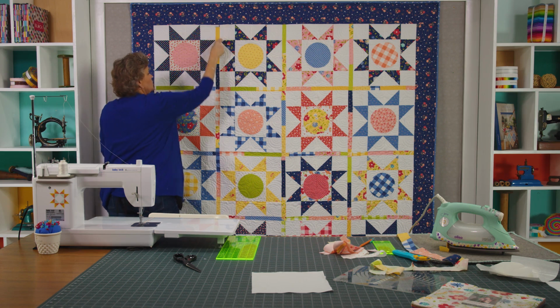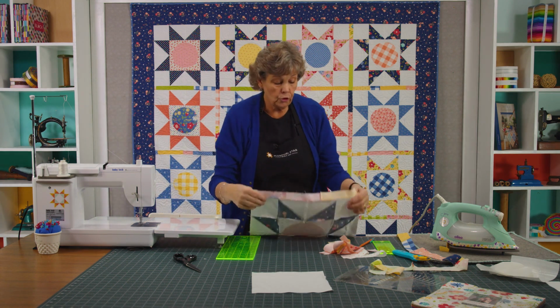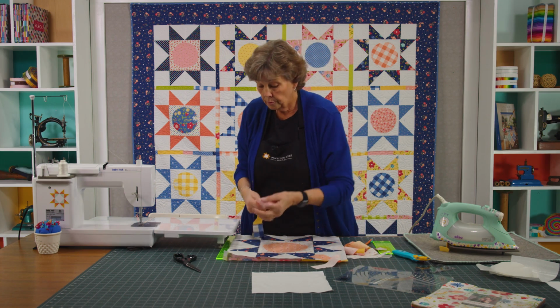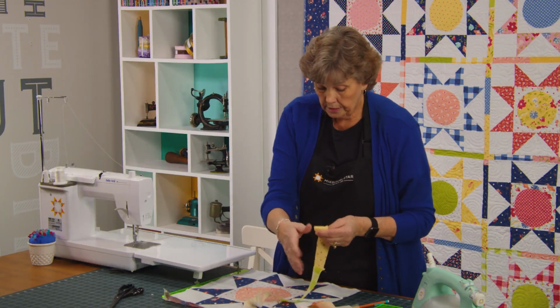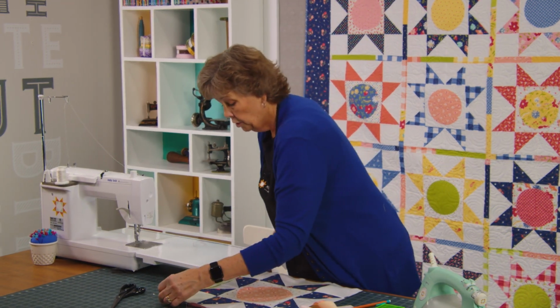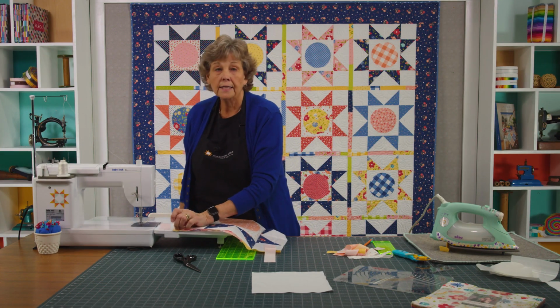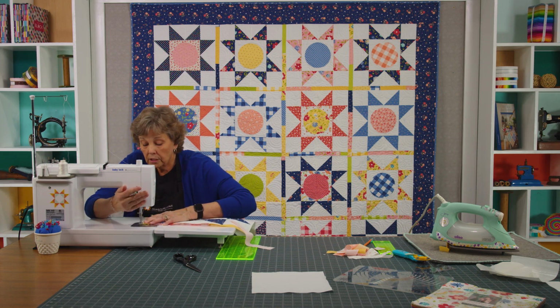Now if you want, you can do a row this way, which is really a good hack. So if you put this on the bottom edge of your block, let's see, I'm not going to start with this guy. So I want to start here with the yellow. So if you border your blocks like this, you don't ever have to do that small little sashing in between. And this is really a good little hack. So I'm